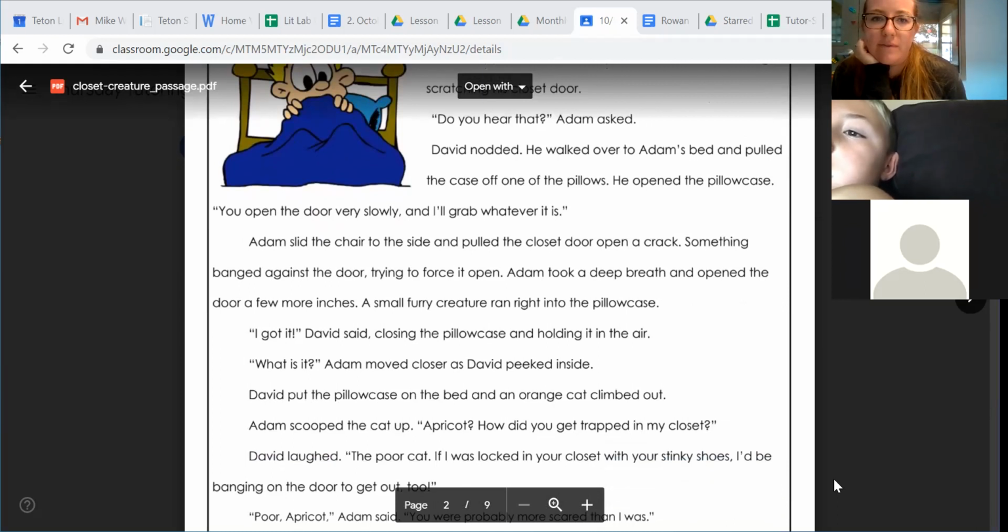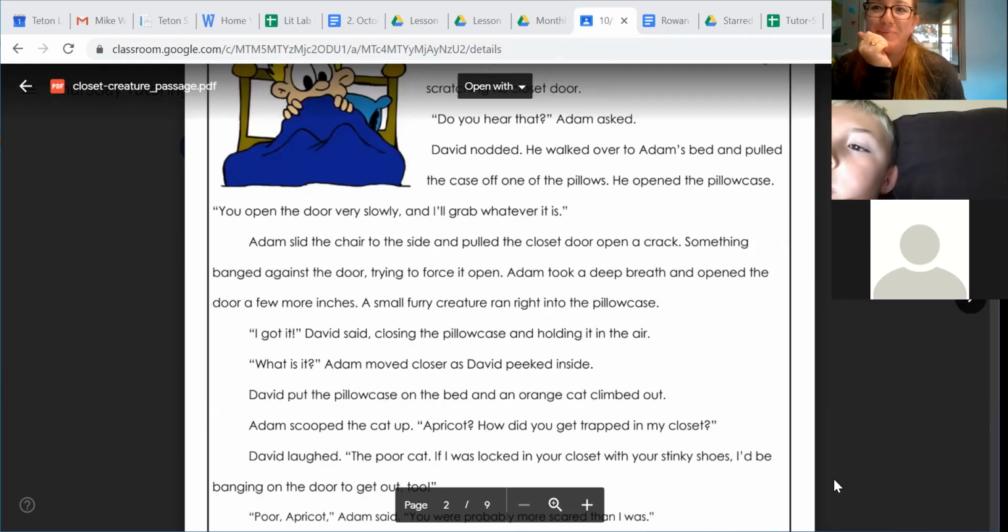The closet door was had an open crack. Something banged against the door. Trying to force it to open. Adam took a deep breath and opened the door a few more inches. A small furry creature ran into the pillowcase. I got it, Dave said,